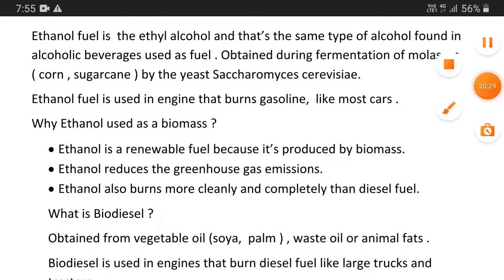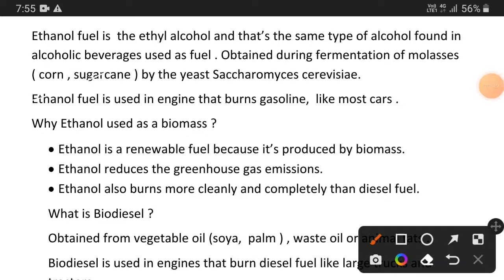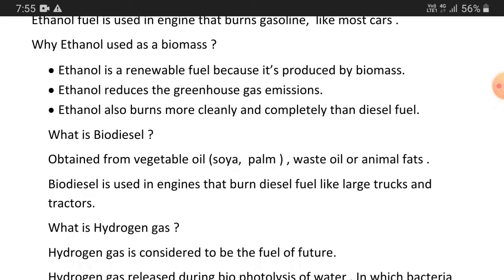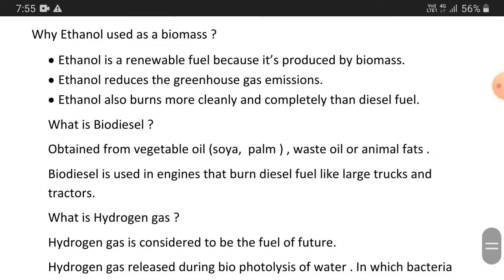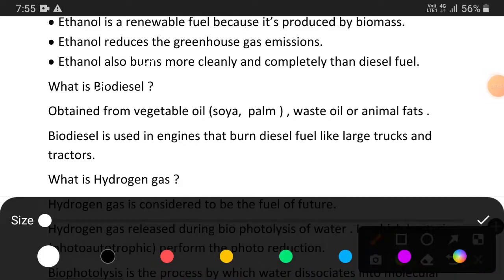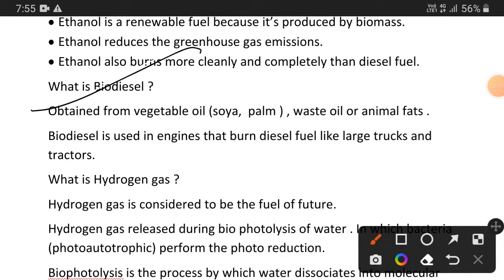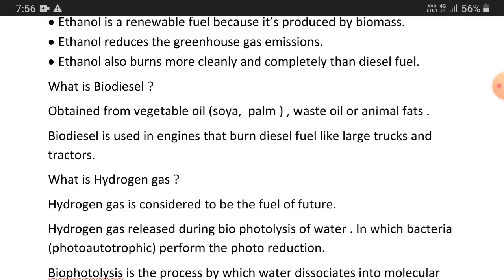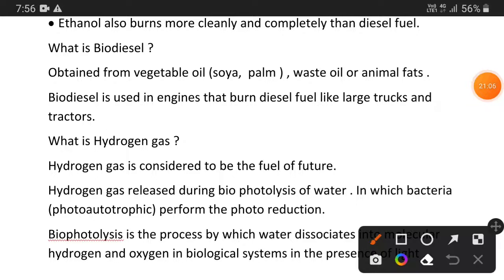Okay, so remember one thing, ethanol fuel can be used in those engines that can burn gasoline. And not just pure ethanol is used. Ethanol is mixed with petrol. That means 50% ethanol, 50% petrol is the bioethanol. Now let's start the biodiesel. Biodiesel is nothing but fuel obtained from vegetable oil, waste oil or animal fat in the presence of methanol and KOH and sulfuric acid. Biodiesel is used in engines that have the ability to burn diesel fuel,